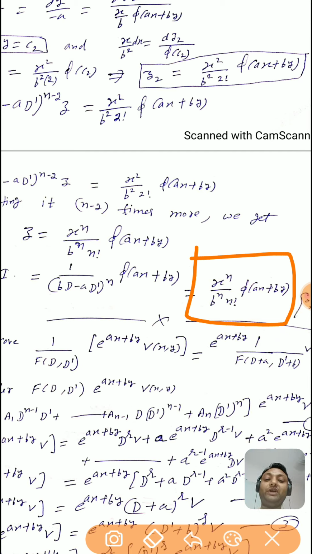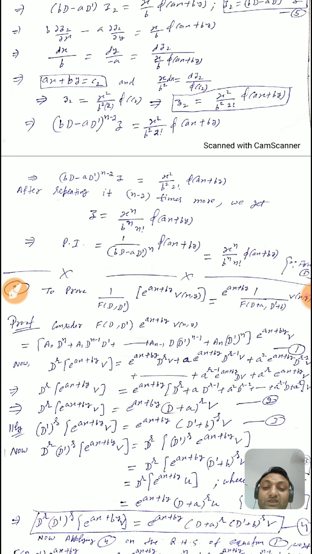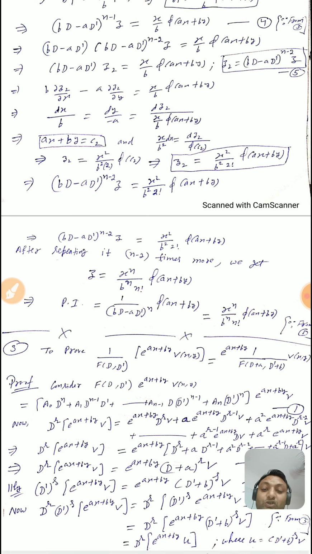So you may find in some books the result, that is, y power n upon 1 upon minus a power n upon n factorial into phi of ax plus by. So this is the second theorem. Now the third theorem is,